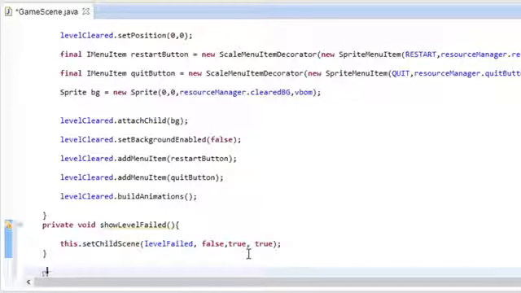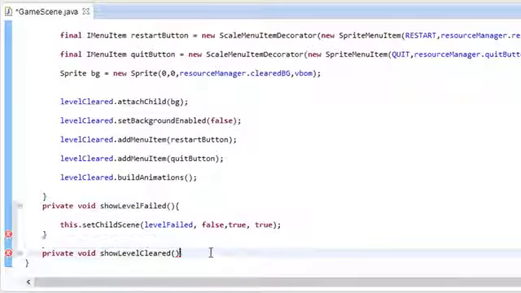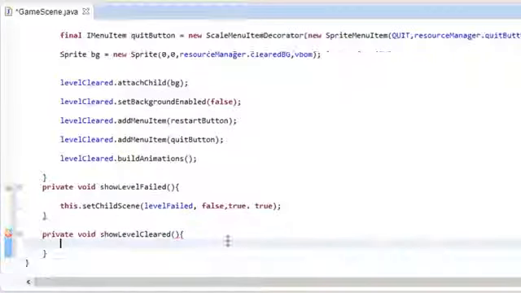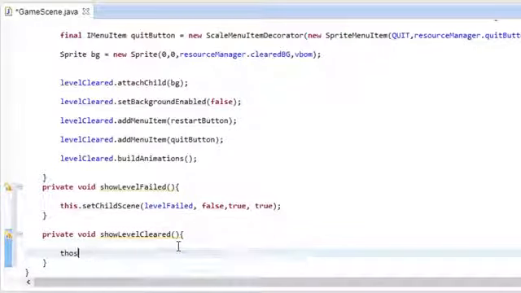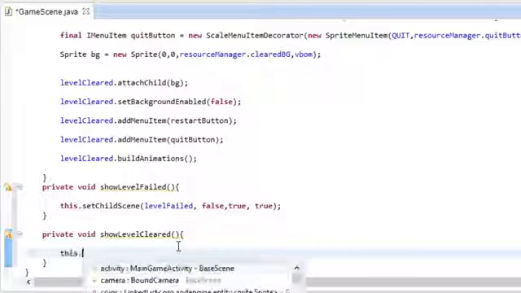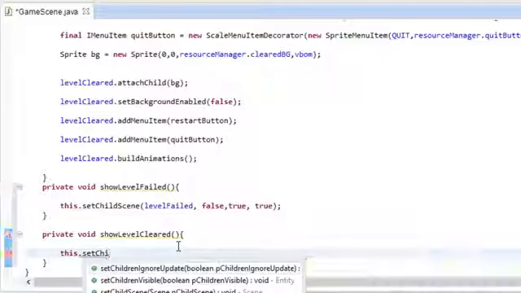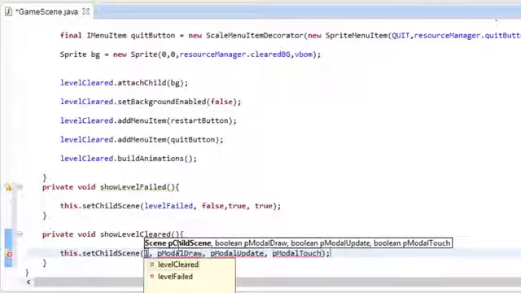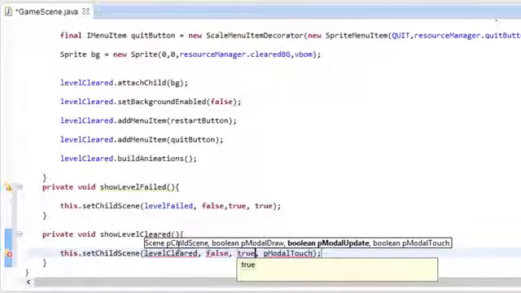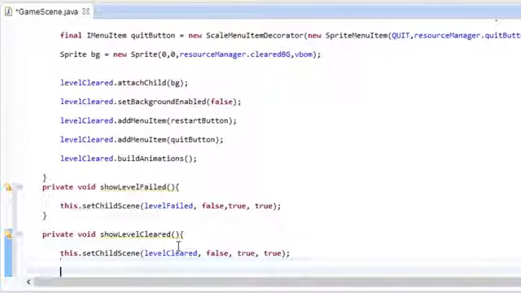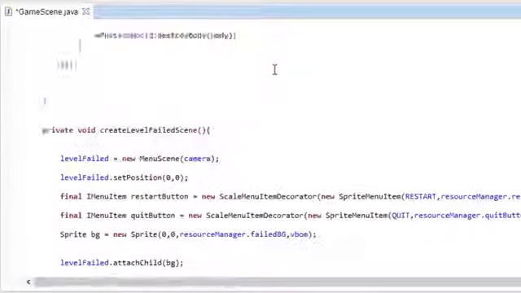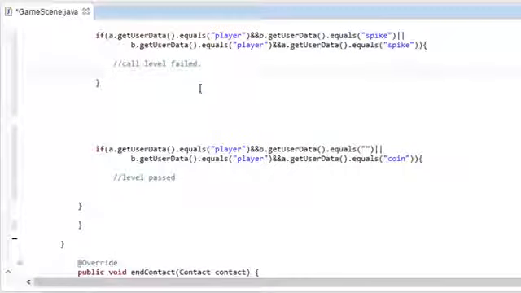All right, and private void show level cleared, and we're gonna do the same thing. So we're gonna do this dot set child scene to level cleared scene, set this to false, true, true. All right, so let's go ahead and go back to our contact listener, and here we can just call